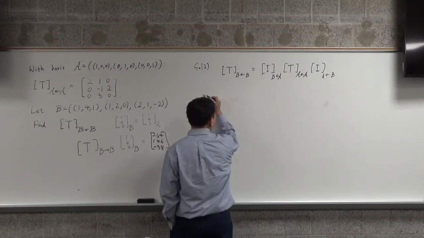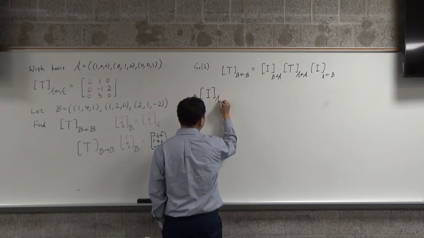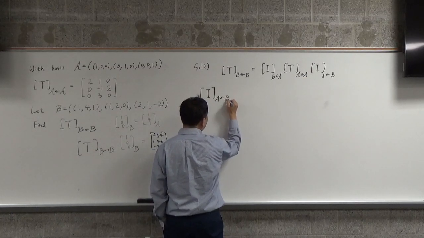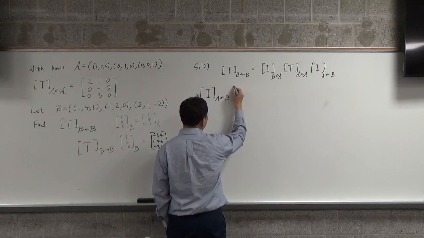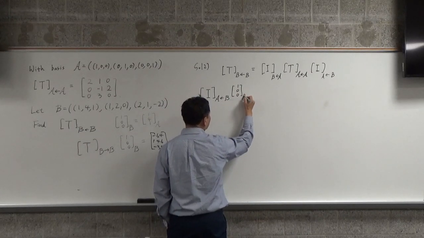Well, let's think about what this does. Identity, what this does is that if you plug in 1, 0, 0, basis B,